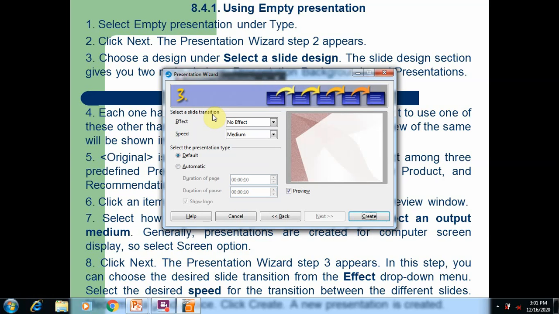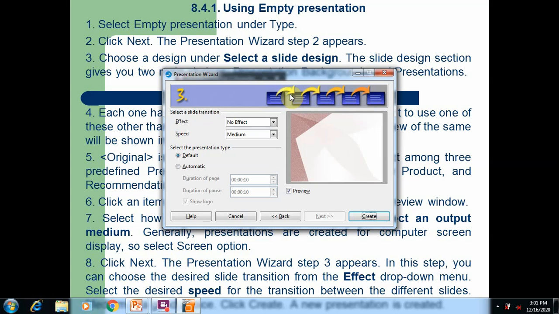From one slide to the next slide, that process is called transition. That transition happens for each and every slide, from first to second, second to third, third to fourth, fourth to fifth. Each and every time, either forward or backward, a process called transition effect is executed